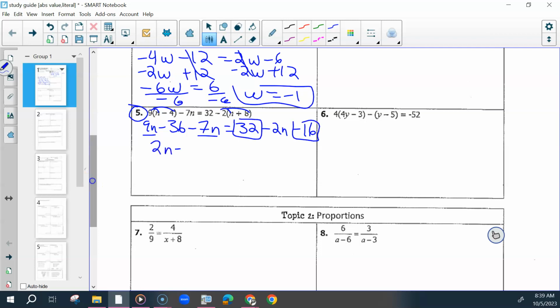So 2n minus 36 and 16 minus 2n. Again, we have different coefficients, so this is going to equal one solution. What do we want to move first? Which one? The 2 or